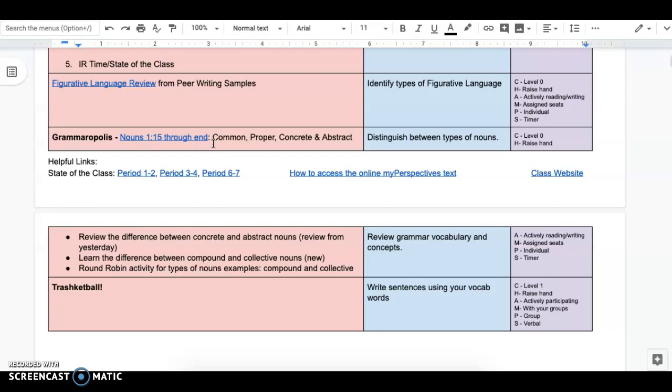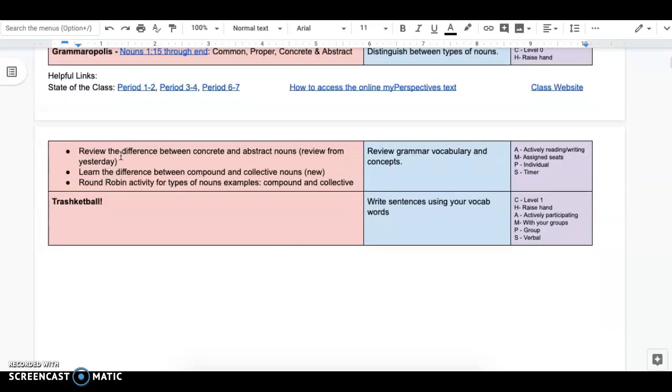We will listen to the rest of the video from common, proper, concrete, and abstract nouns, review the difference between concrete and abstract nouns, and then at the end we're going to have a round-robin activity, kind of like we did yesterday. And then if you guys can be on task and focused, we will be able to play some